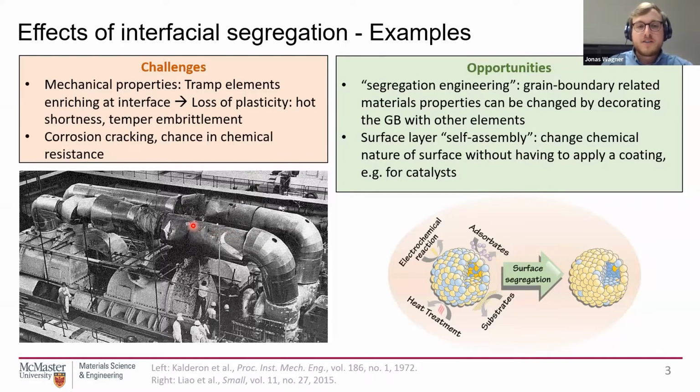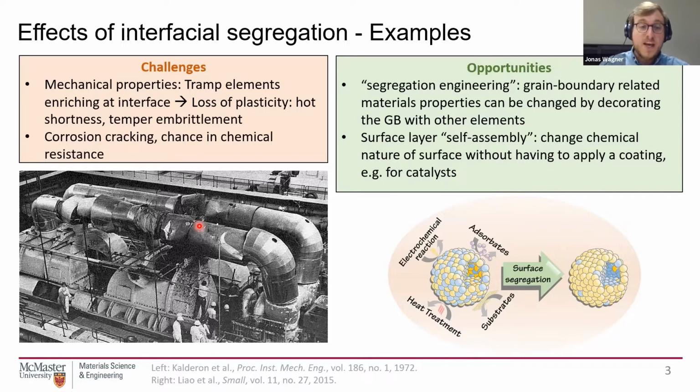And they could trace this burst back to a small crack, 1 millimeter large, caused by stress corrosion cracking. But the startling fact is that the material and the system were designed to withstand such a small crack. It should have been stable over the whole lifetime of the power station. Now, what had happened is that the phosphorus that was in the steel segregated during the slow furnace cooling of this part, segregated to the grain boundaries, and embrittled the grain boundaries, and made this whole thing susceptible to brittle failure.